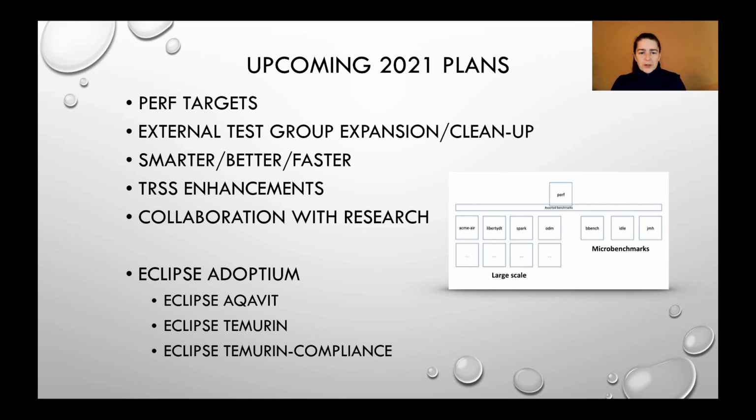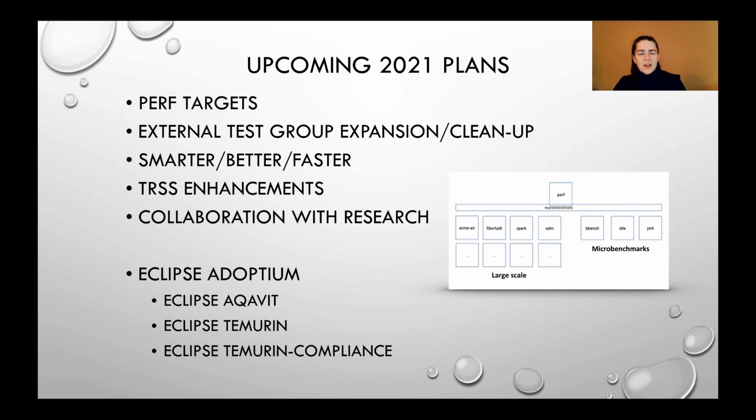For the external test group, we have the expansion of being able to easily include other Java applications and a continual cleanup here. Some of those Java application communities are releasing very rapidly. We need to keep up with that. So we're going to automate the ability to update the versions that we track and that we test against. And in this way, that test set will not go stale on us before it's time.